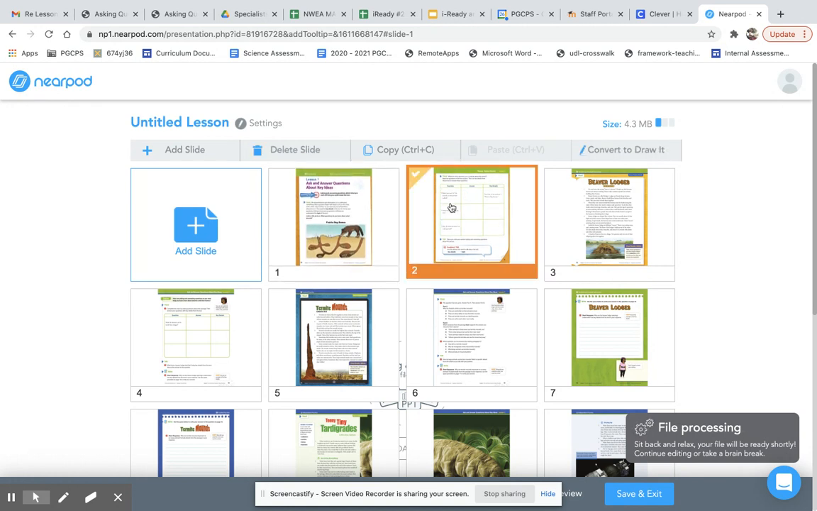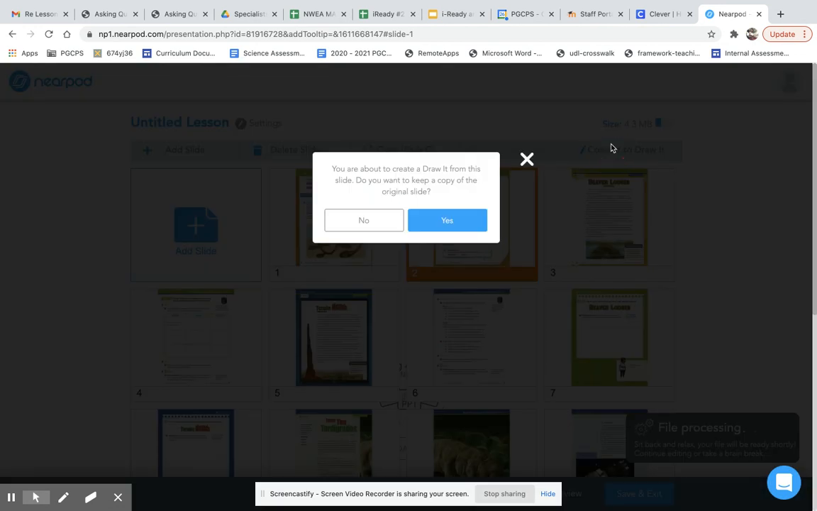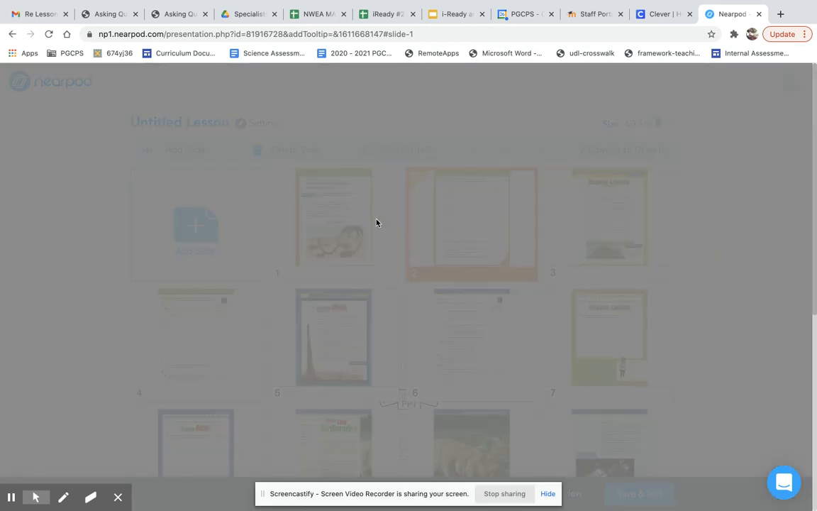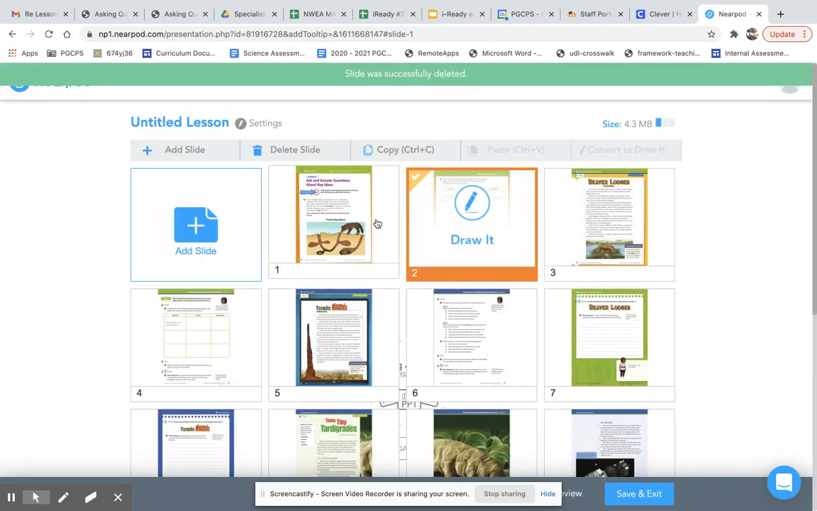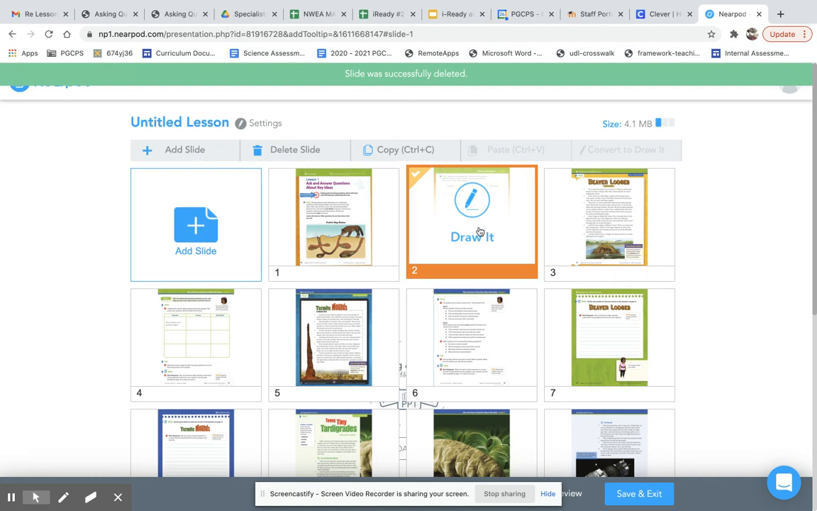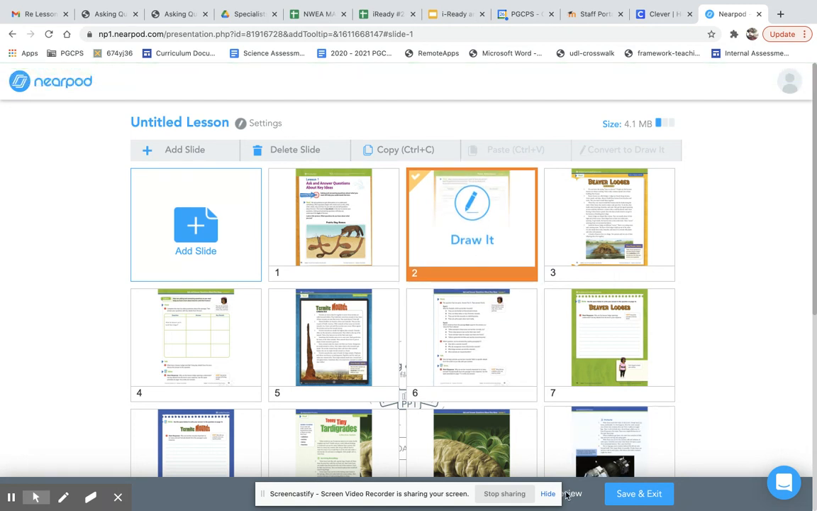However, for slide 2, I'm going to hit slide 2, and then I'm going to hit convert to Draw It. Then it's going to tell me that I'm about to create a Draw It slide, and do I want to keep a copy of the original slide? I'm going to check the box that says no. And then we get magic. And so what it does is if I hit the preview of this particular slide,